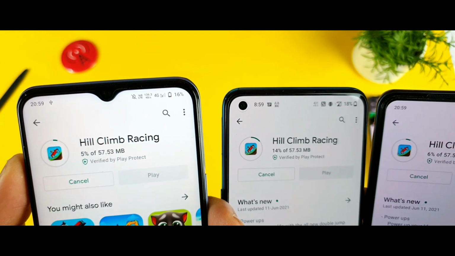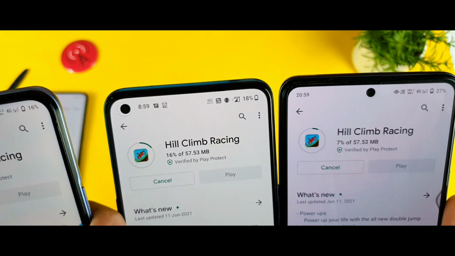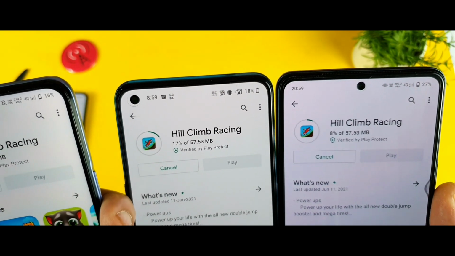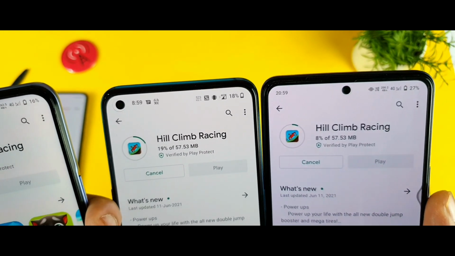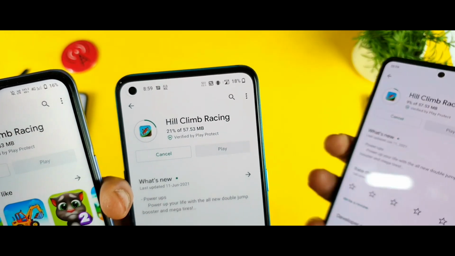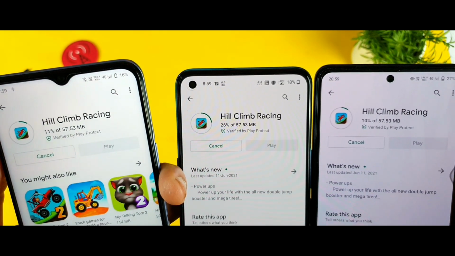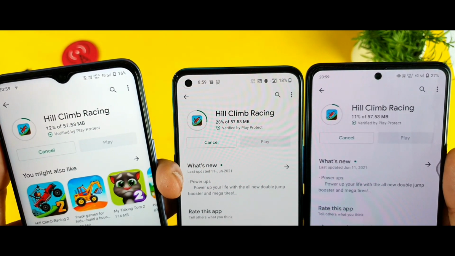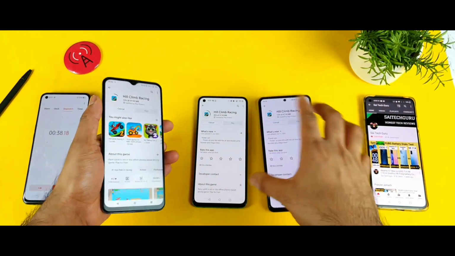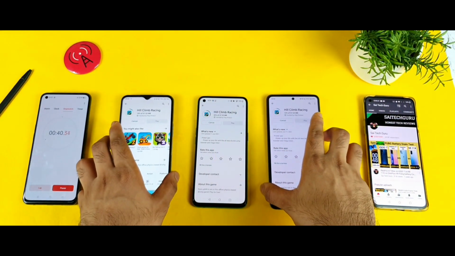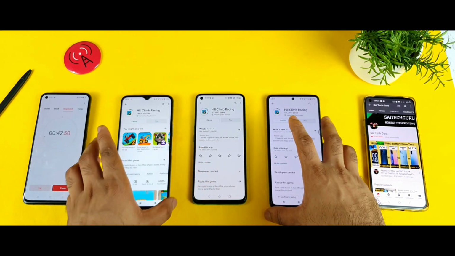Right now the iQOO Z3 is receiving about 133 kbps and the OnePlus Nord is getting 400 kbps. At this point, 500 kbps. The iQOO 7 is getting about 200 kbps. As you can clearly see, friends, that's the difference you are getting here. So if the number of devices increases at one location with the same SIM card, you will experience this kind of result.